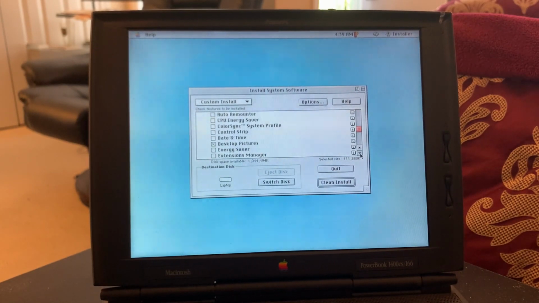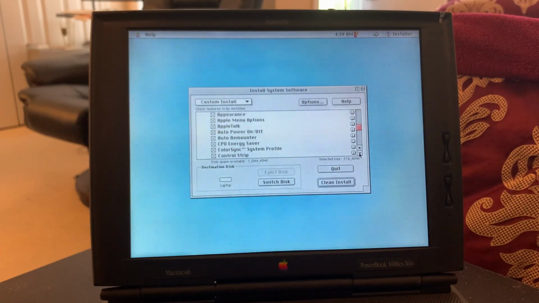Although, I mean, this is all the stuff that, no, wait a minute. I'm doing this wrong, aren't I? I'm selecting the ones that I don't want. Okay, so we're going to select control panels. I don't think I'm ever going to upgrade the processor, but